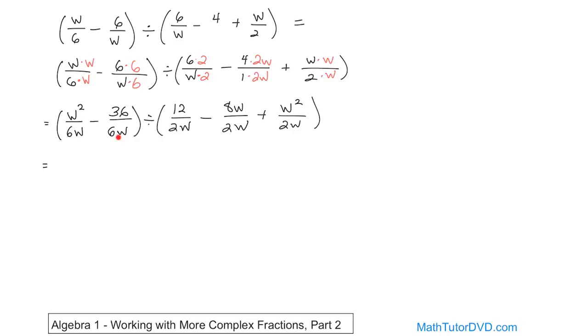What we have here, with common denominator 6w, is that we subtract the numerators. So what we have is w squared minus 36 over 6w. And then we have here, divided by, we have a denominator of